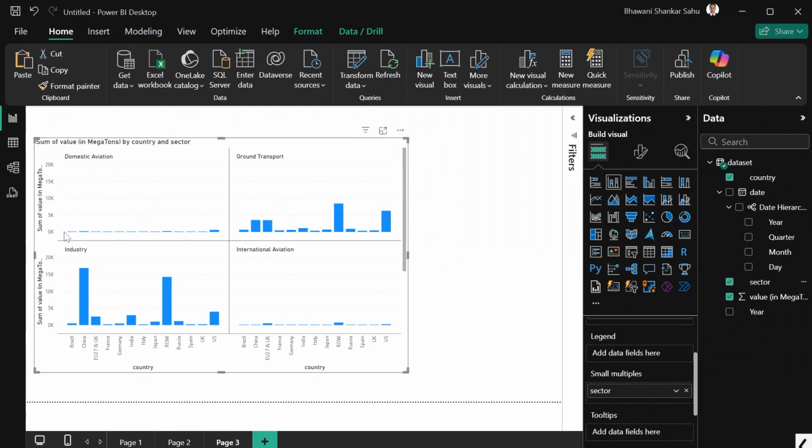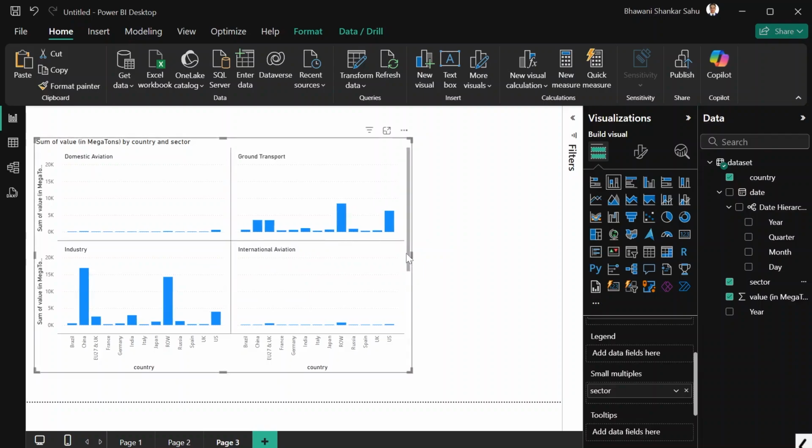Like in the domestic sector, you can see China is highest in industry. So because of the industry, China is having more emissions, right? Let's see. Here you can see if we talk about aviation or ground transport. In the ground transport, this row is there, and then